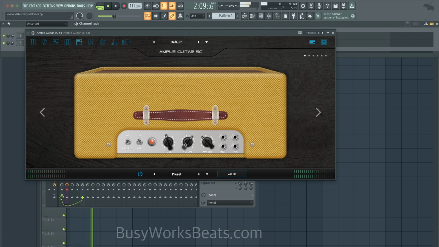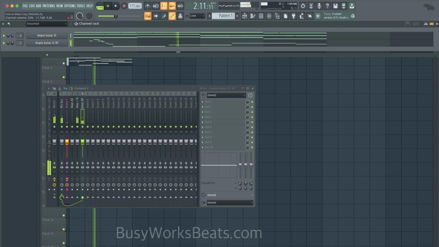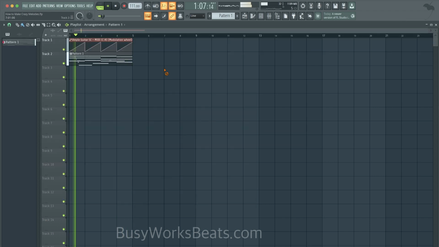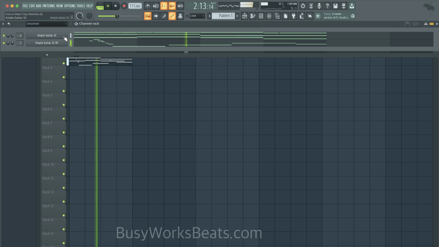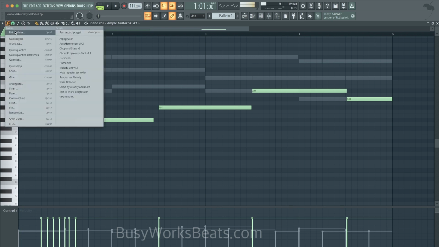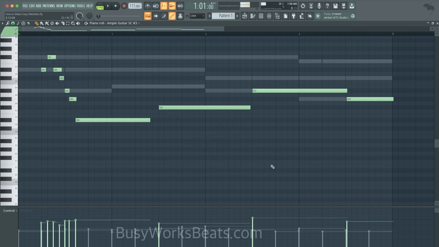So let's crank this. So at this point, you just add your favorite effects. And again, don't forget you have that tool script, the humanized script, so you could always add that if you feel like your melody just needs that extra touch. Now, I did this because when you record with your typing keyboard, it doesn't record velocity. So I'm doing this because it now adds that human velocity, or how hard you hit a key, how fast technically you hit the key.